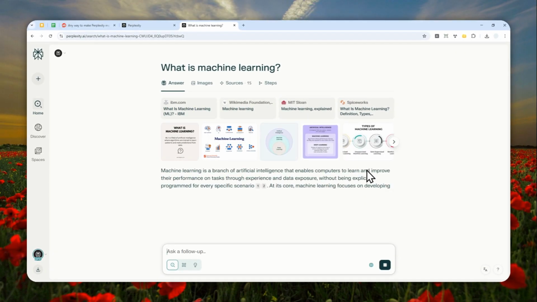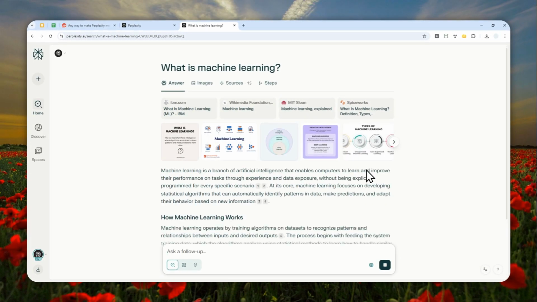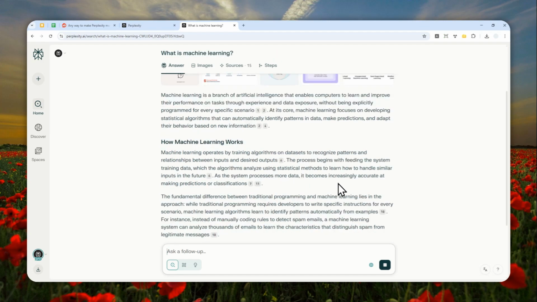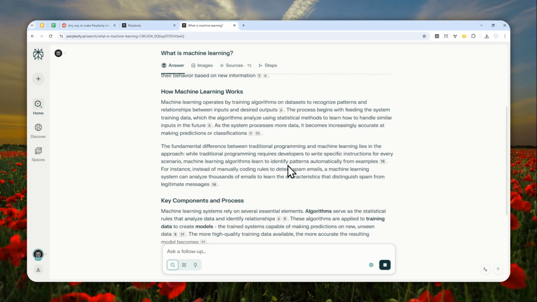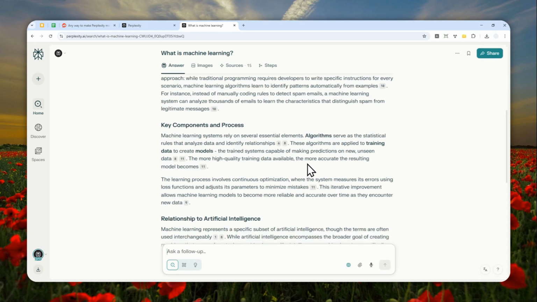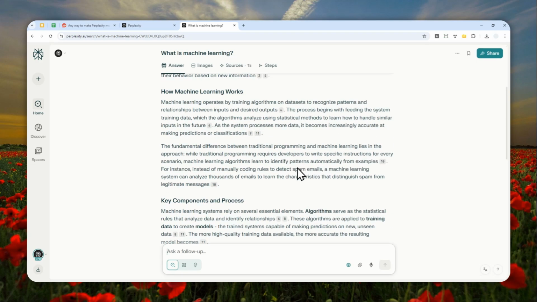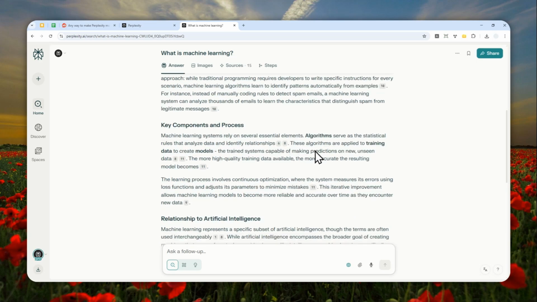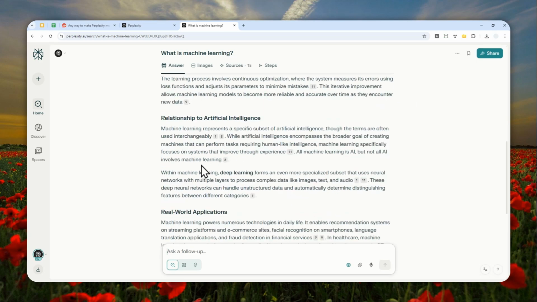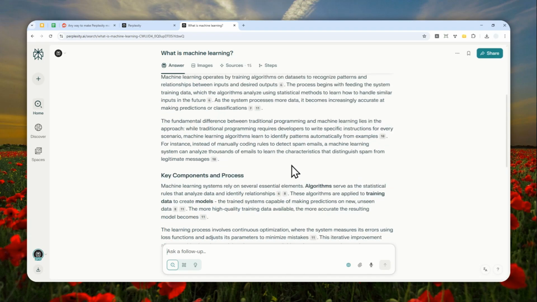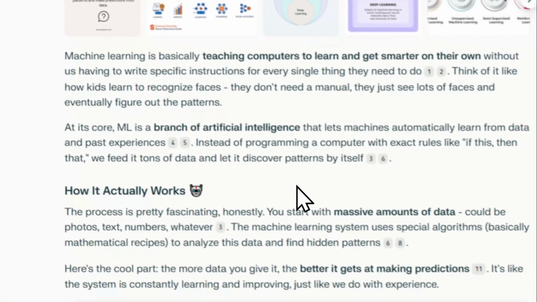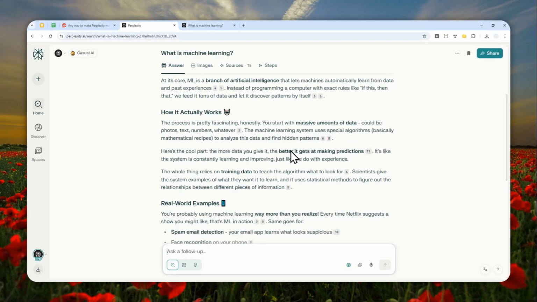And you will see that the answer is okay, but by the look of it, it's just not too interesting. I'm not quite interested to read this paragraph, even though it might contain the same information, but the way it looks is basically quite intimidating. And there's actually a concept in writing that you have to include a lot of white space or things to break the pattern. And unfortunately, the default answer of Perplexity just doesn't feel interesting to look at. And if you compare it to this one, you can tell that this is a lot more engaging